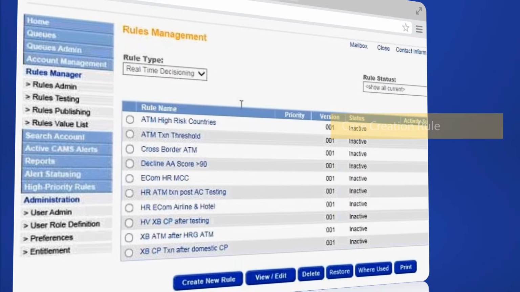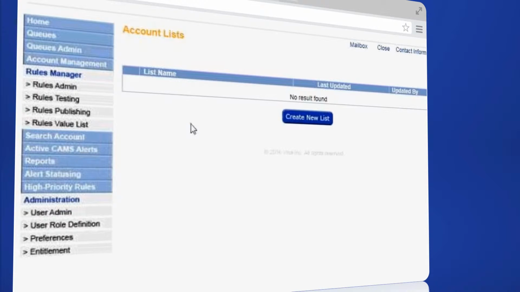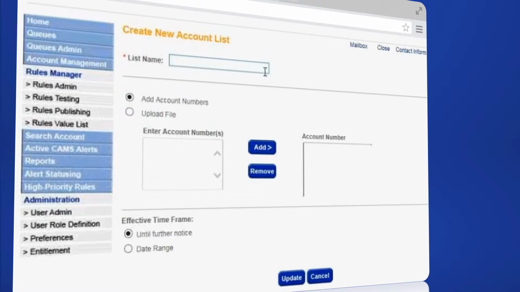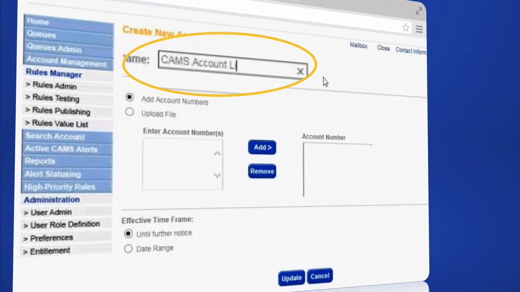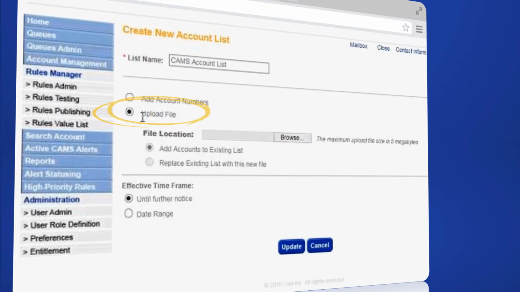To create an account list, click on Account Management, select Account Lists, and click on Create New List. Then give this list a name, CAMS Accounts Lists. Next, the account numbers need to be keyed in. This can be completed by either typing within the Enter Account Numbers field or by uploading a file in a